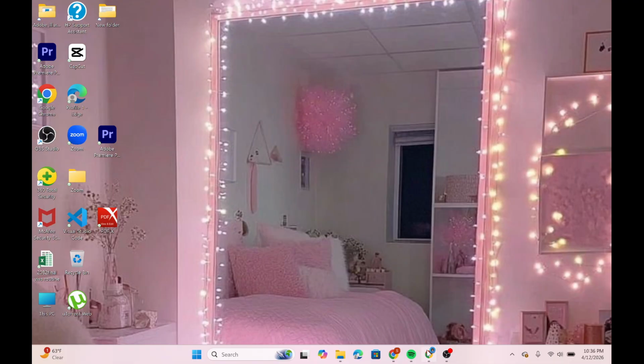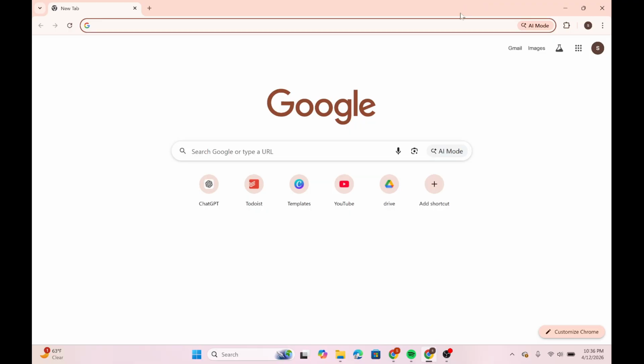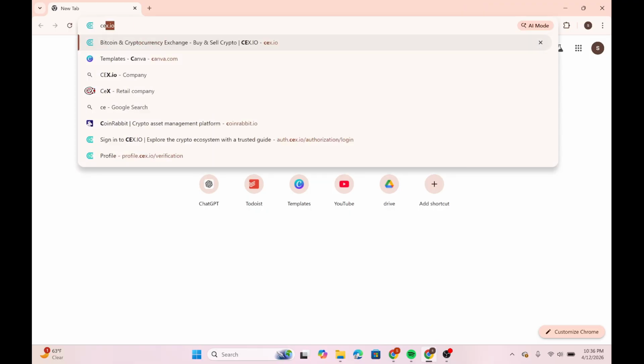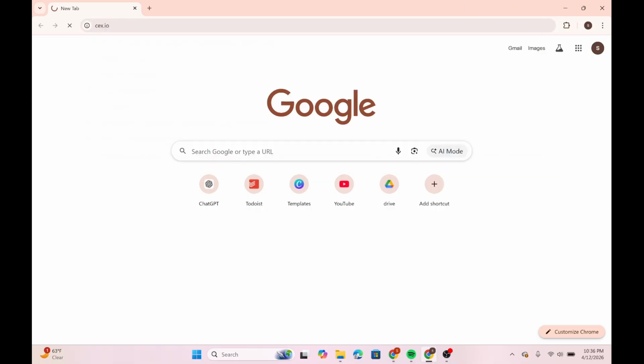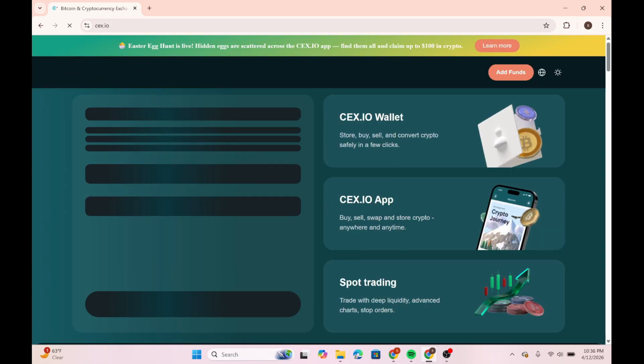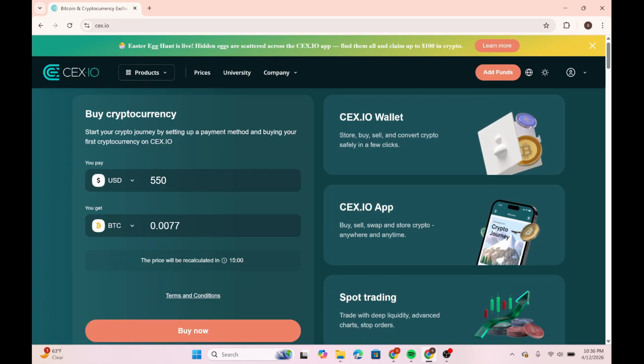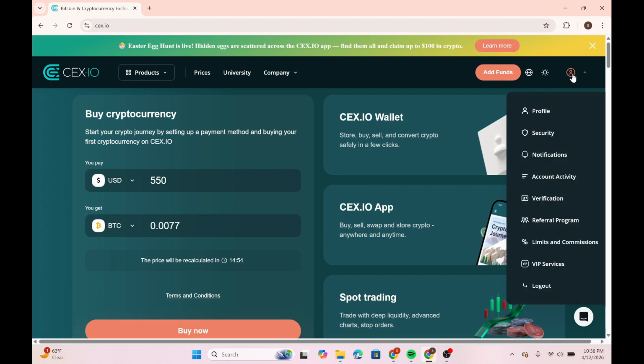First, you need to open any web browser you prefer, and at the top there's an address bar. Type in cex.io and press enter, and make sure you are already logged into the account. Once you get into the interface of your CEX.io, look at the top right corner for your profile. Then click on your profile, and over here we can find